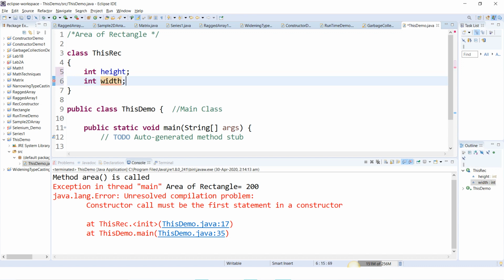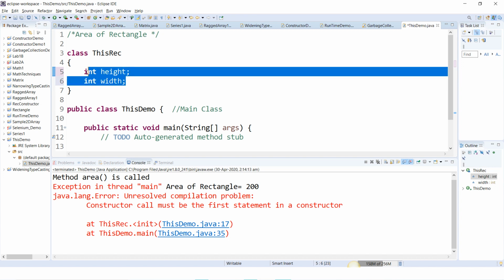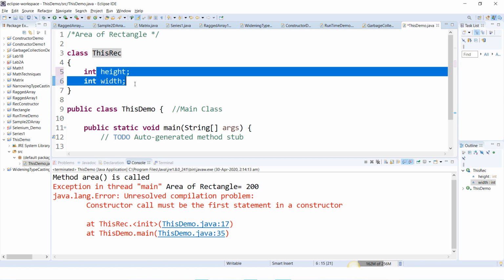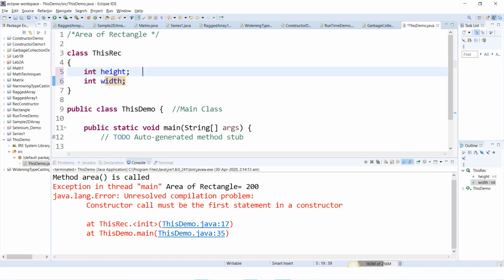These are private variables, meaning they can be accessed only inside the ThisRect class and cannot be accessed outside it. These are hidden data fields or variables, height and width.